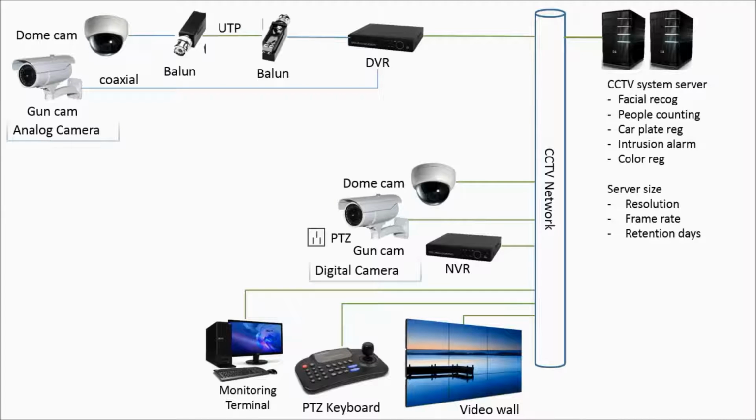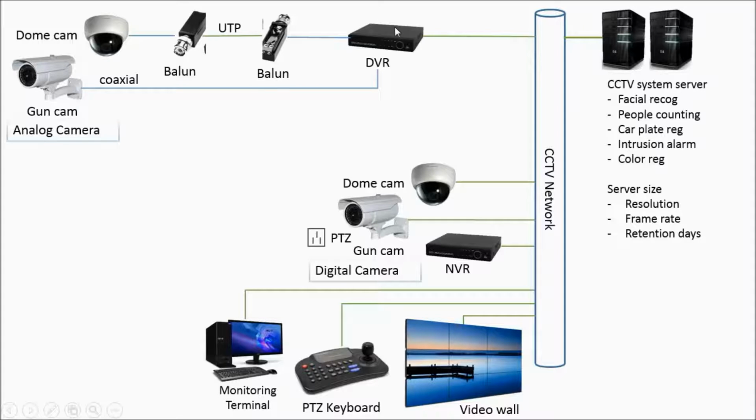The last system that I want to discuss is the CCTV system. Here are the slides of a simplified CCTV architecture. The camera can divide into analog system or digital system. For analog cameras, the video signal carried by the coaxial cable will be transmitted to the digital video recorder for